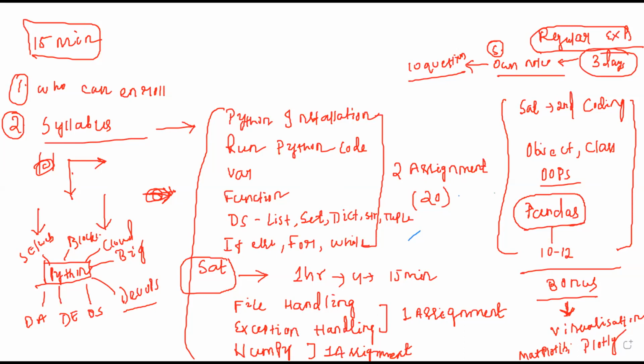So the syllabus is basically core Python and a bit about other advanced modules like functions, variables, loops, data structures, file handling, exception handling, NumPy, pandas, object and class, OOPS concepts. As a bonus, you are getting Plotly, Matplotlib, Seaborn, and other concepts like regular expressions. Along with that, 7 coding tests, and you have 70-80 questions to practice, right?